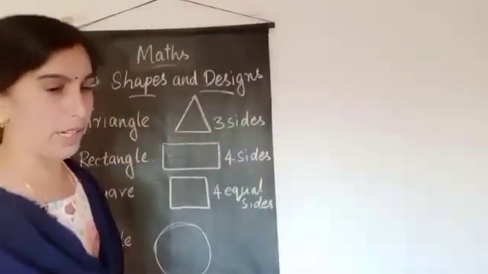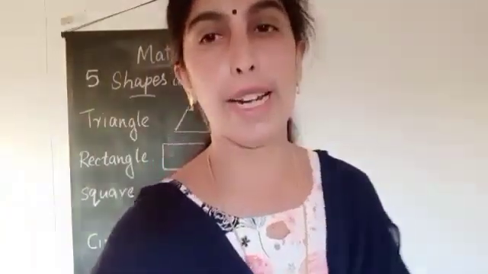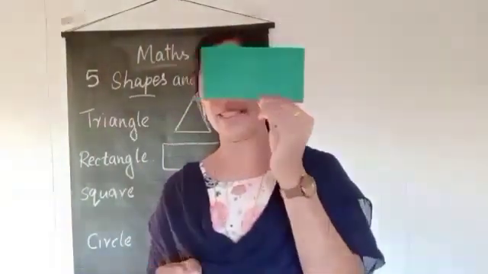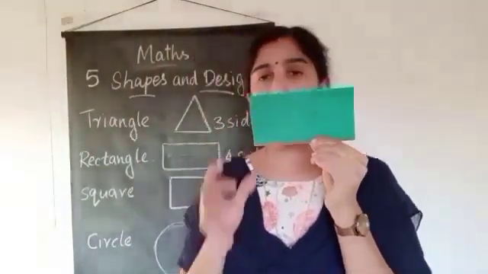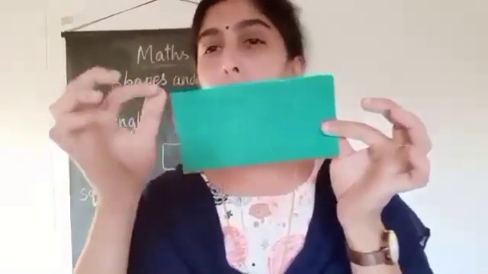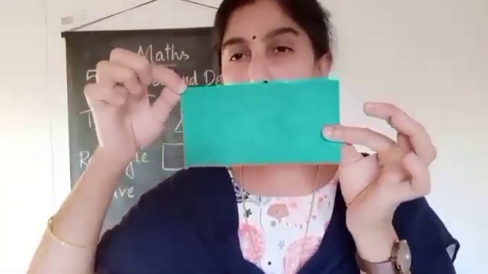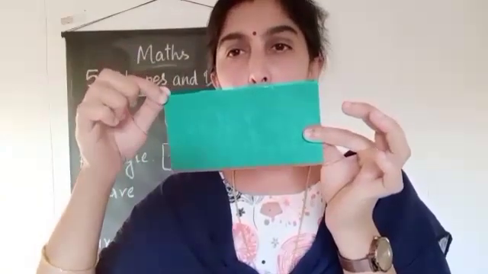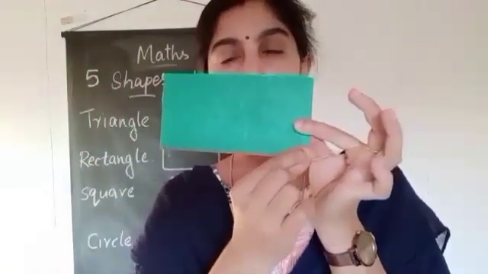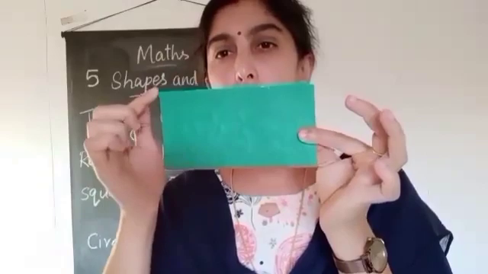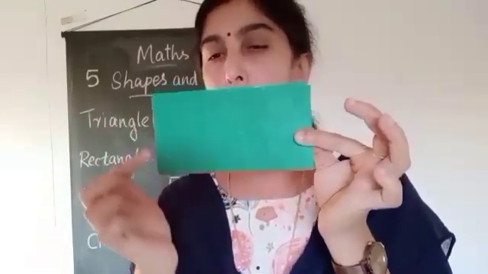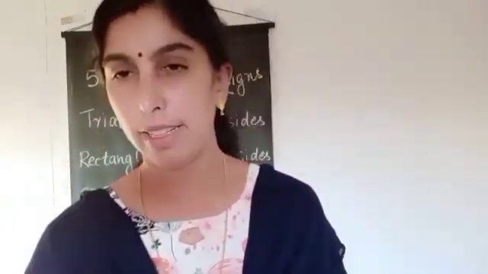Edges and corners. Teacher will show you what are edges and corners. This is a rectangle. See the corners. You can see this is a corner. This is a corner. 1, 2, 3, 4. These are the 4 corners of a rectangle, and this is a